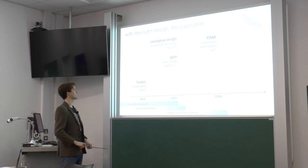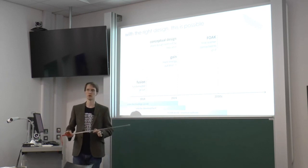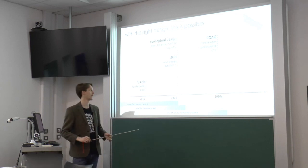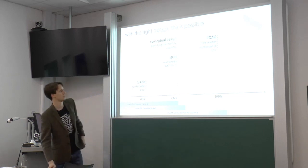So, and then we also want to try and get to a completed conceptual design for the power plant with all components at TRL 6. I think that's enough to then immediately start the first of a kind plant. And so yeah, I wanted to finish with a